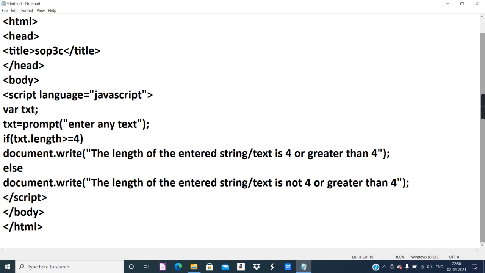I gave a semicolon at the end of almost every statement. See, a semicolon is not given at the end of if and at the end of else, because in the syntax given in the textbook there is no semicolon at the end of if and else. So the syntaxes which are given in the textbook you have to follow as they are.